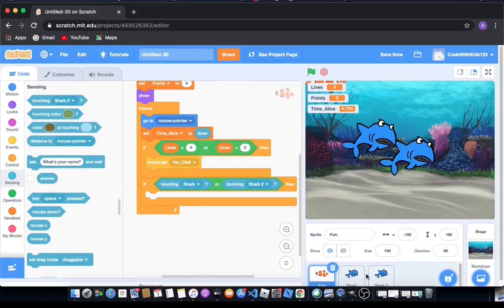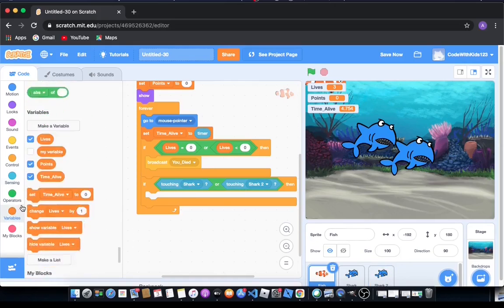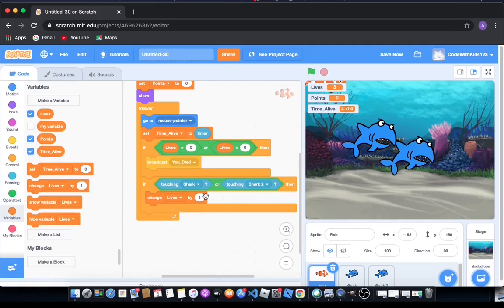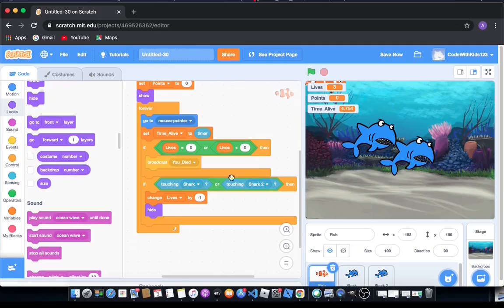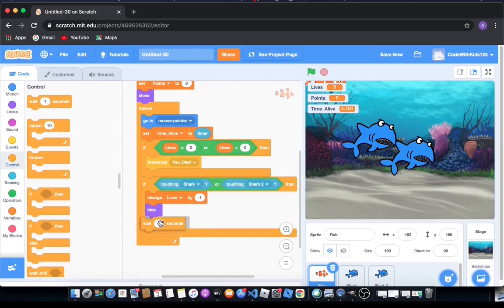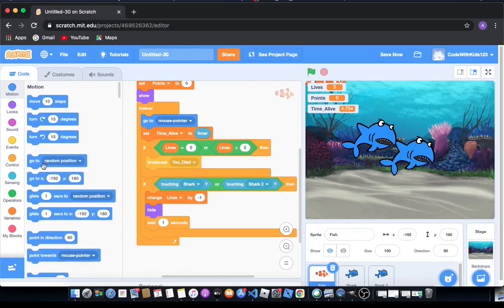So if it's touching either of these two sharks, it's gonna go to variables and make it change lives by -1. We want it to hide, because if it stays in the same place, the shark's gonna keep biting it because it can't move. So we're gonna go to control and make it wait 1 second, for the player to wait a bit before you respawn. And then we're gonna make it go to the up corner, so the coordinates are 140